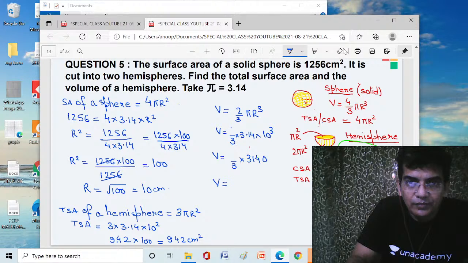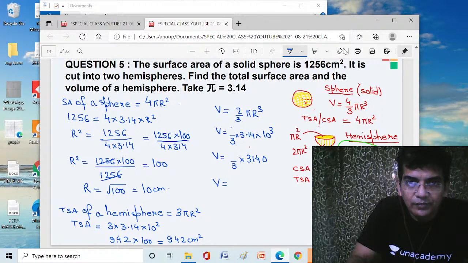So 2 by 3 pi r cube, because they are asking, see here, total surface area and the volume of a hemisphere. So we have to apply the formula for the volume, 2 by 3 pi r cube. So this is 1000. When you multiply by 1000, this becomes 3140. And now multiply by 2, this will give you 6280